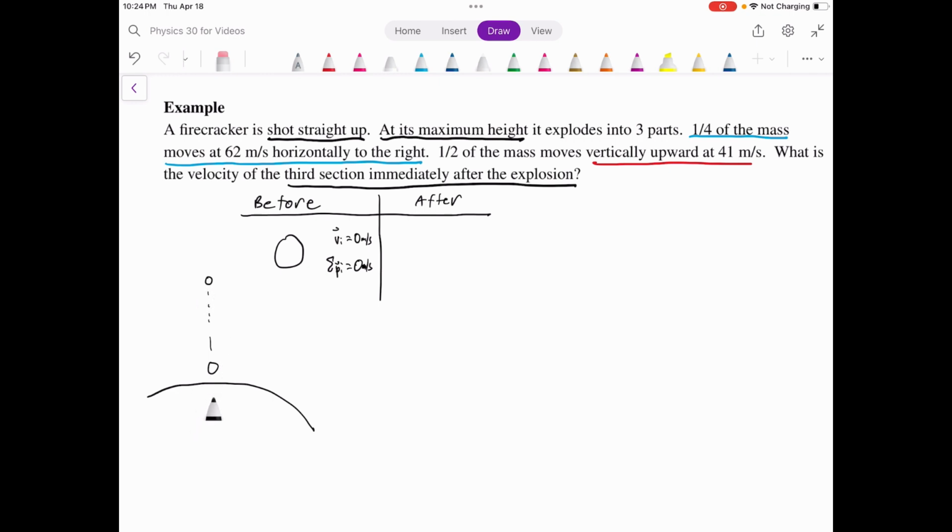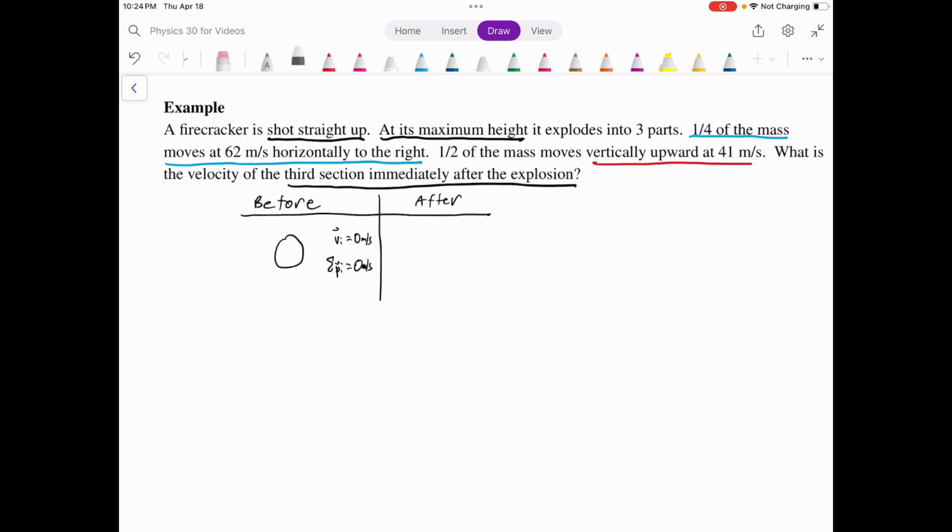Why don't you notice the Earth go flying up then? Well, because its mass is so big that the change in velocity is so tiny. So even though there is an almost imperceptible change there, it's so small that you would never notice because the Earth's mass is so big. Anyway, that's not super relevant to how we're going to analyze this question, because now what we can say is, the firecracker reaches its max height, and